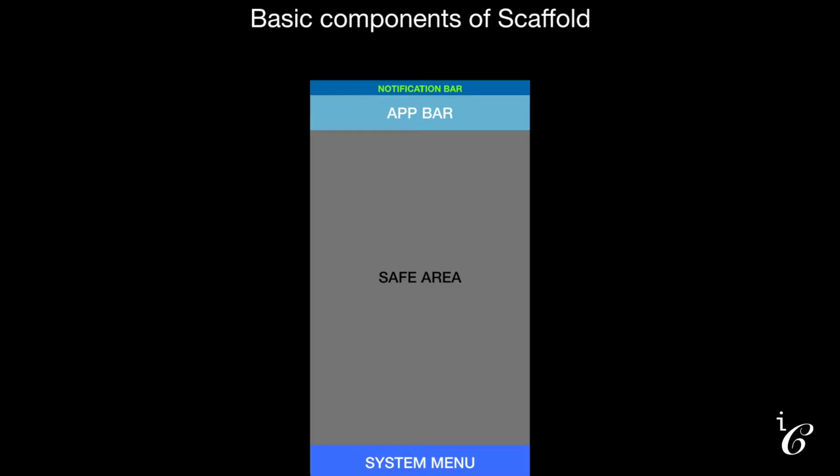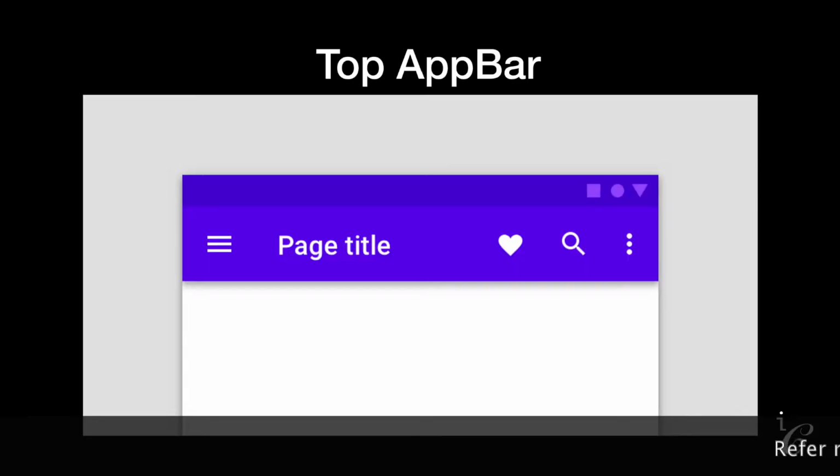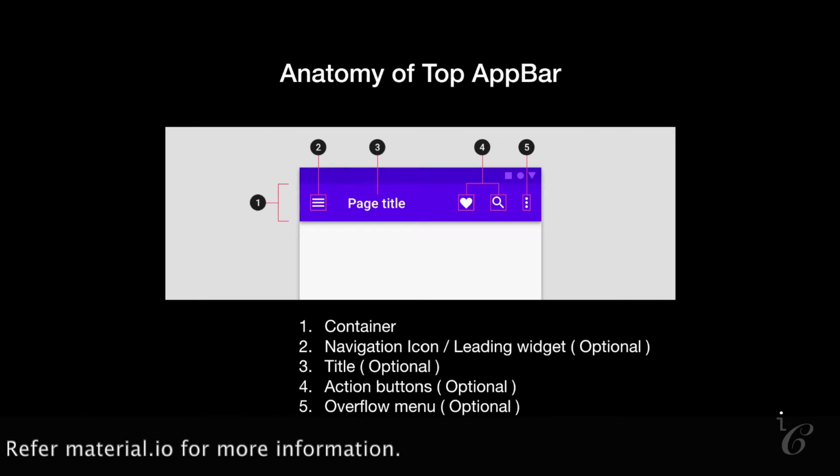Let's talk about the first component in scaffold, app bar. App bar is a simple visual element in the scaffold layout structure which provides meaning to the particular page in the application. Scaffold supports top and bottom app bar. Flutter uses app bar to identify the top app bar and bottom navigation bar to identify the bottom app bar. App bar helps users understand which screen they are in and also provides navigation functionality. App bar also provides configurations to perform actions, display a drawer button, display a pop-up menu button, and show the title for the current page. We will learn more about navigation and routing in chapter 3.